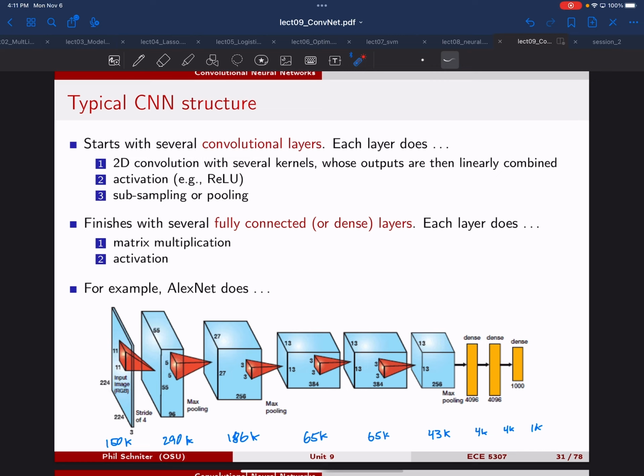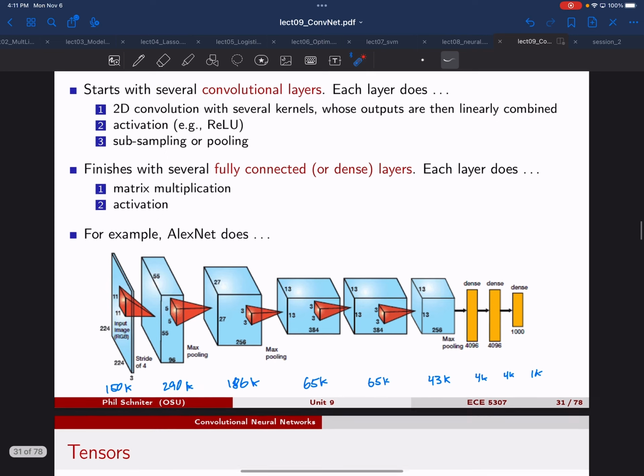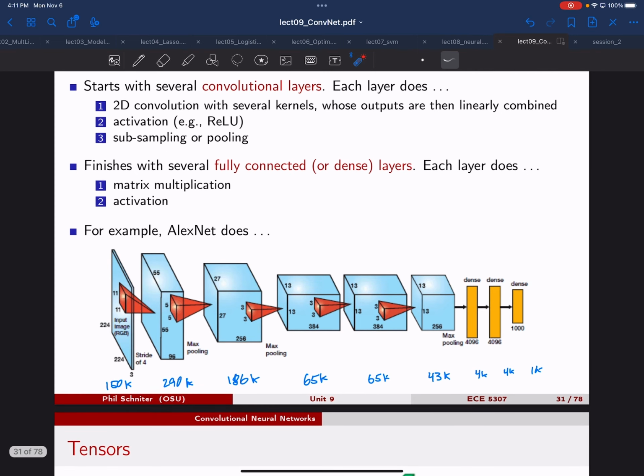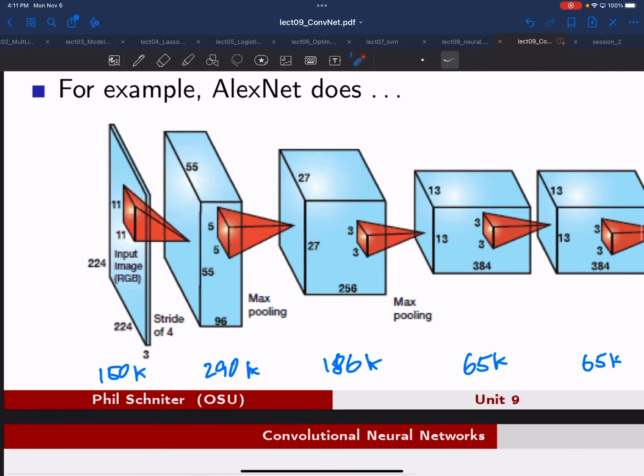A few people have asked me, when you build these networks, how do you choose the number of nodes in the different layers? And my answer is that there's no optimal strategy for that. It's something that people do by trial and error, but you can notice some trends by looking at what other people have done. So just for AlexNet, if you count up the total number of elements in the feature map,